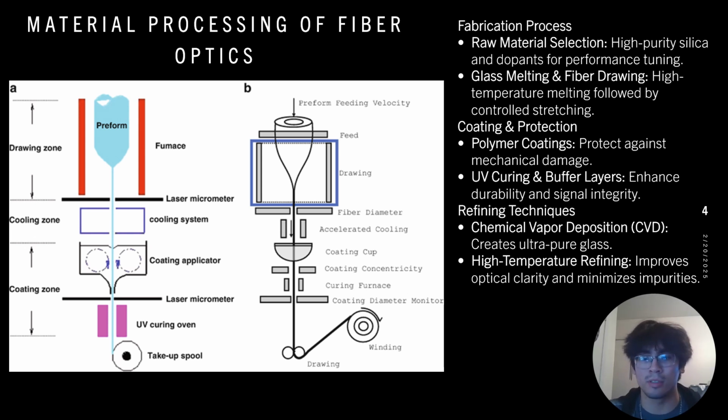After becoming cool, it gets coated with polymer coatings to protect against mechanical damage and to protect the fragile glass inside in general, and it also receives UV curing and buffer layers, which enhance its durability and integrity, which is the next step afterwards. Now, there have been refined techniques which have advanced. There's chemical vapor deposition, which will actually increase the